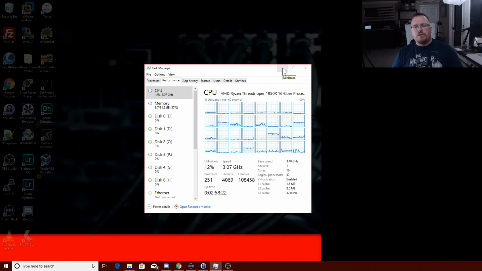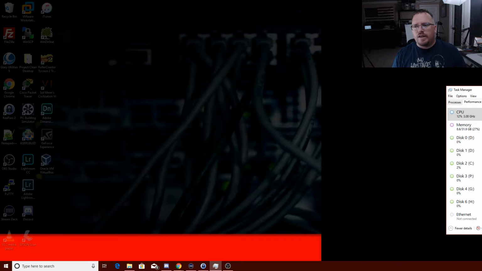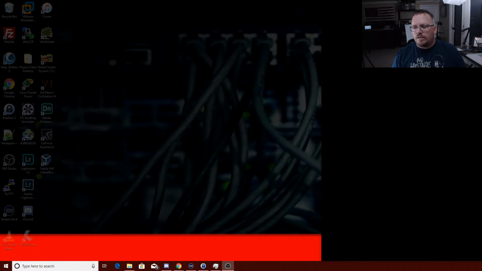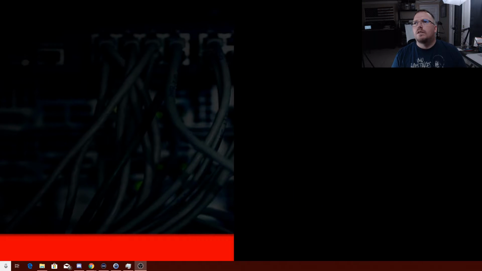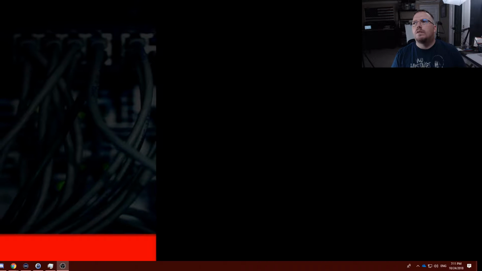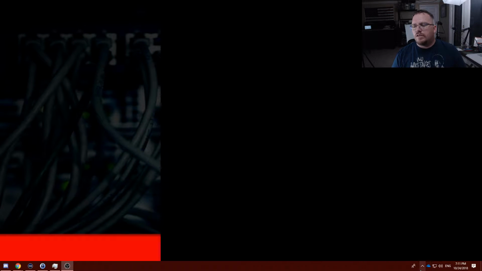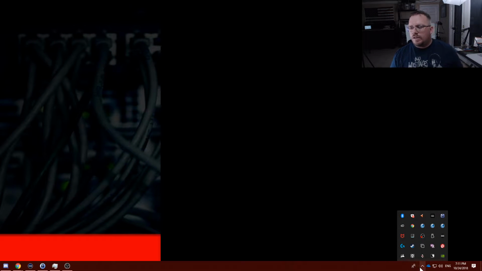Now, the difference between Virtualbox and VMware is it's really nice in the fact that you can go down into your system tray, and let me see if I can adjust this screen here. There we go. You can go down in your system tray and you'll see that there is, once you install